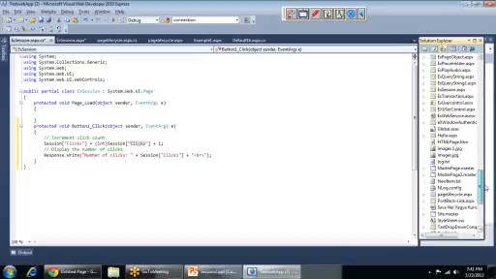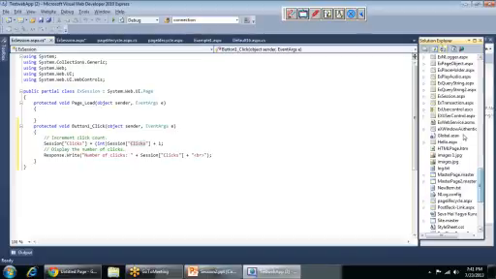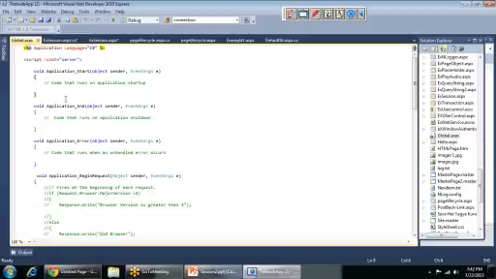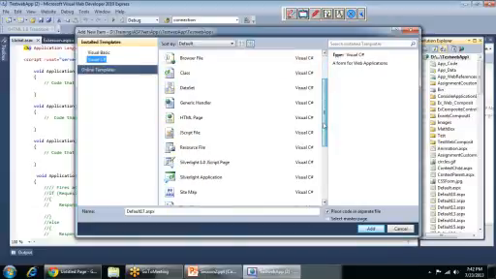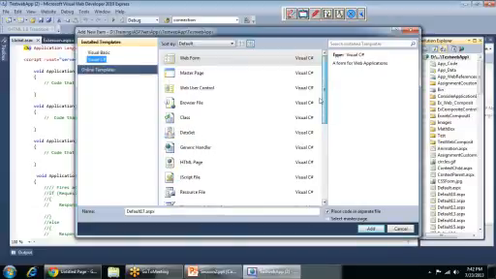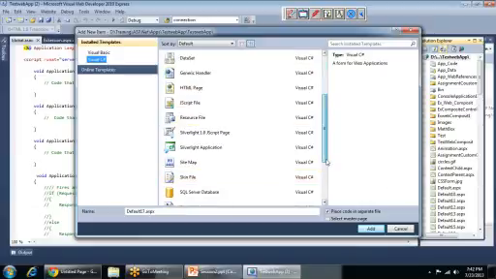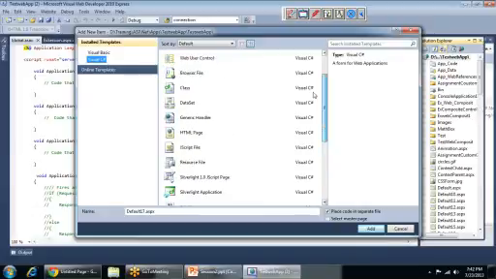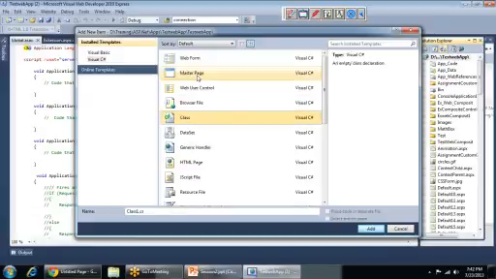You can see that this file, whenever you add a file, how you can add it is the same way we add the web form, add new item, and you will see user control, browser file, data set, generic handlers, source file.